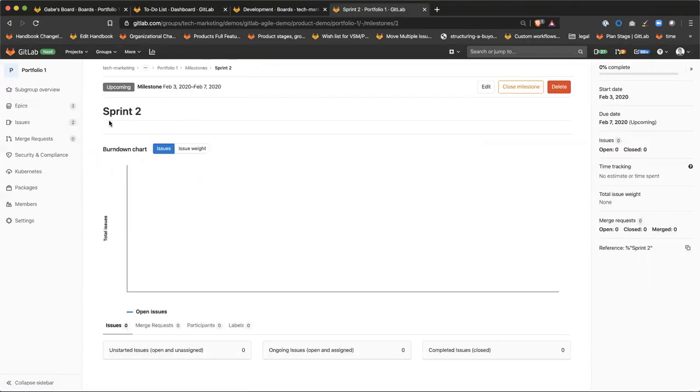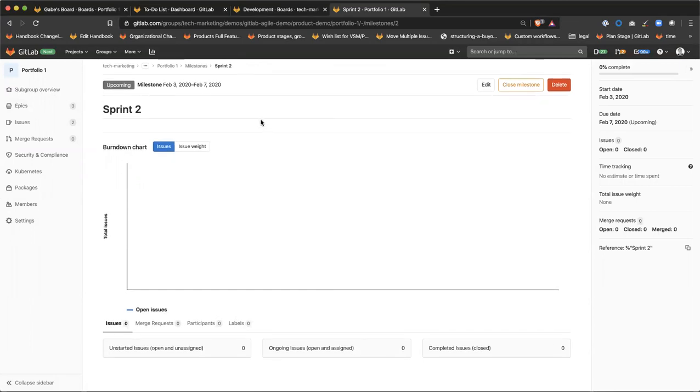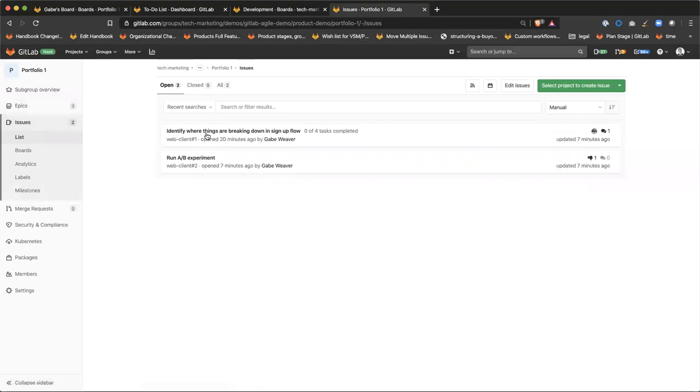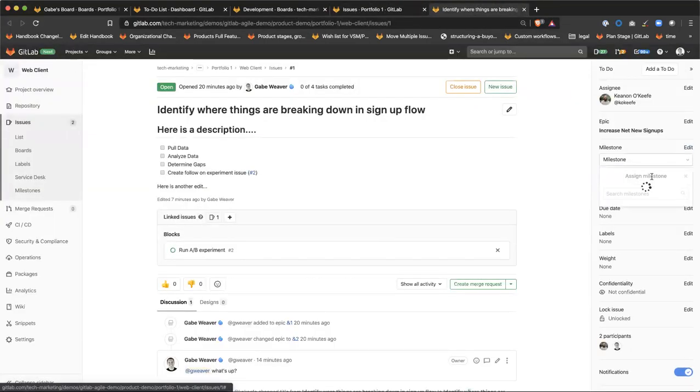So now we have 2 milestones here, and you can create milestones at the project level or at the group level. Same idea: if you create one at the group level, it will be available to associate issues across all projects within that group or subgroup, which is a nice way to align everybody behind a common time box or time frame for your delivery cycles. So hopping back over to our issues, maybe this one we're going to get done in sprint 1. So we can identify this to,